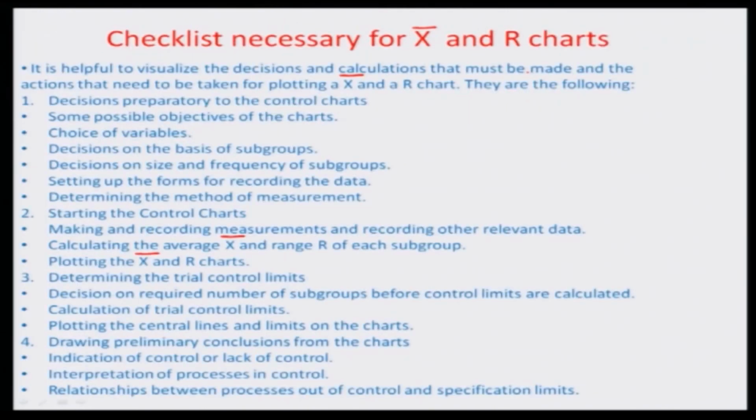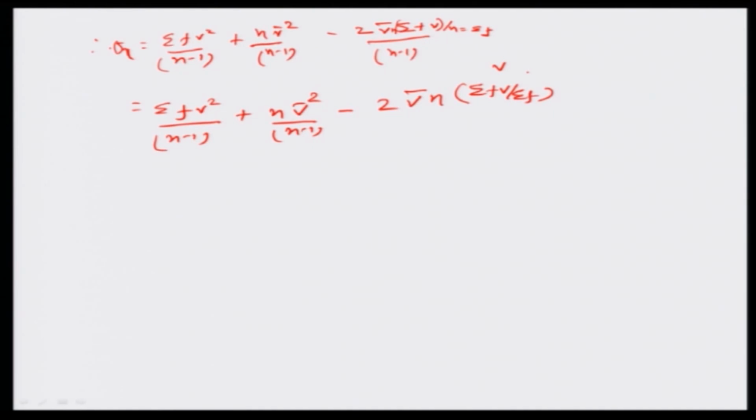So this is the mean value of the coded variable distribution. So this can be replaced by v dash, and you divide by n minus 1. So then you have again sigma f v square by n minus 1 plus n v dash square by n minus 1 minus twice n times of v dash square